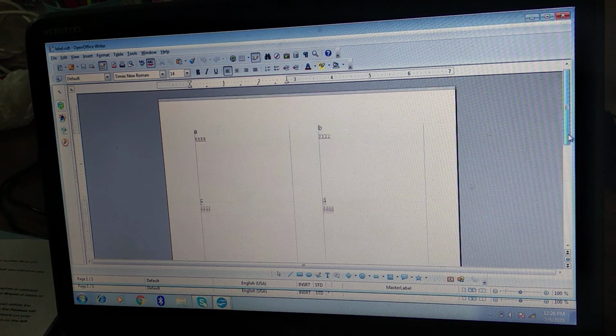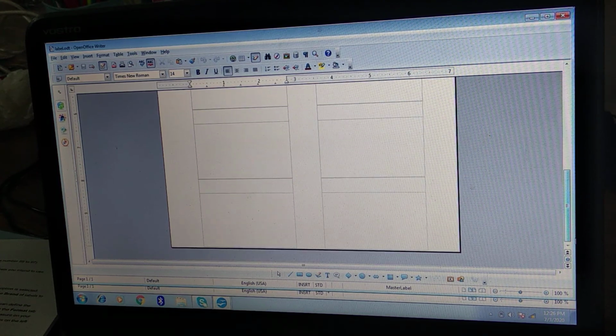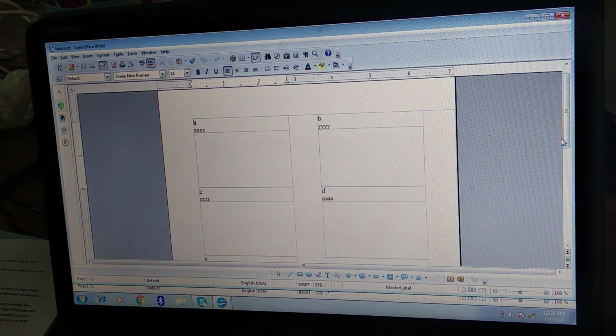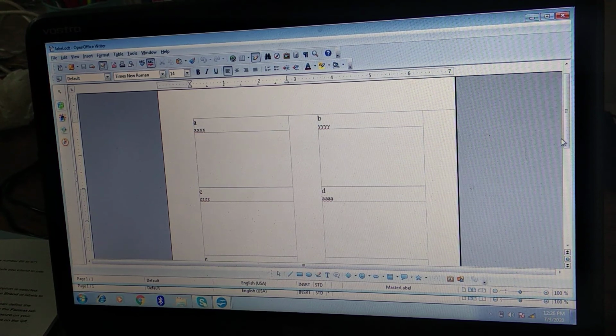You can see first label, second label. I had only 5 records. Had I got more records, they would have been printed in other labels as well. So you can print hundreds of labels in one click, in one go. It depends on your data, how much data you've got in your database. All the labels will be printed according to the choice. Now what is left to be done is you just have to tear the labels and paste them on different letters to be sent on different addresses.